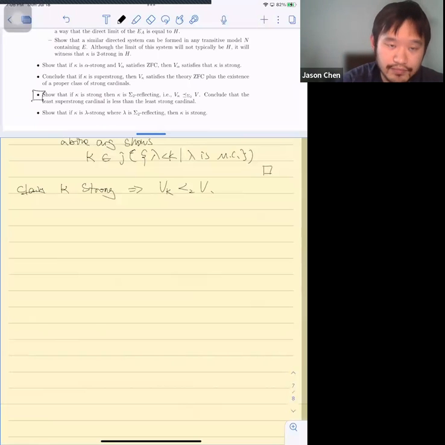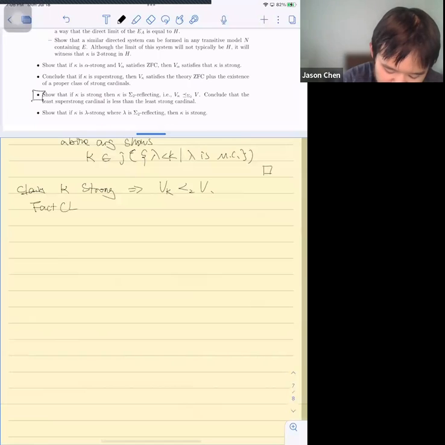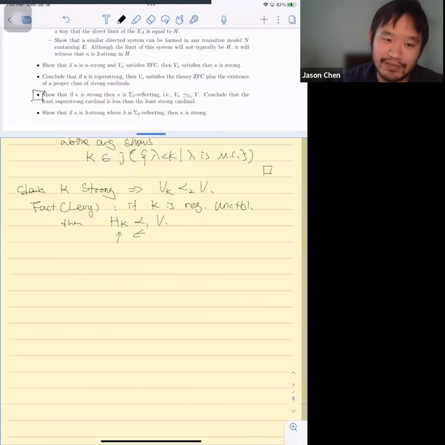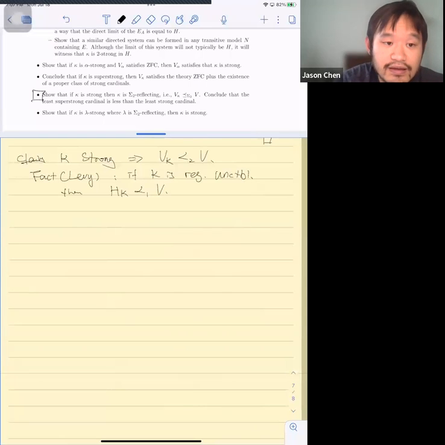Okay, how do you show this? We use a fact due to Levy that if kappa is regular uncountable, then H kappa is a sigma 1 elementary substructure of V. This goes by absoluteness of sigma 1: you want to witness some sigma 1 fact in a large enough structure, and then take a very small elementary substructure inside H kappa, and then use sigma 1 absoluteness to reflect it back to H kappa. So basically this is how to prove the Levy fact. So with this fact in hand,